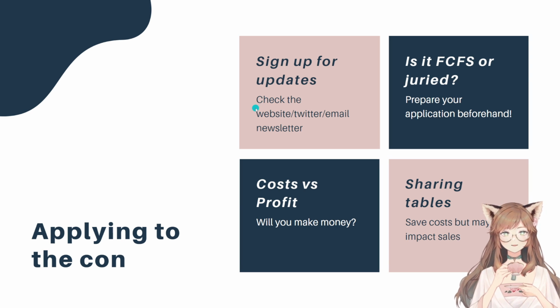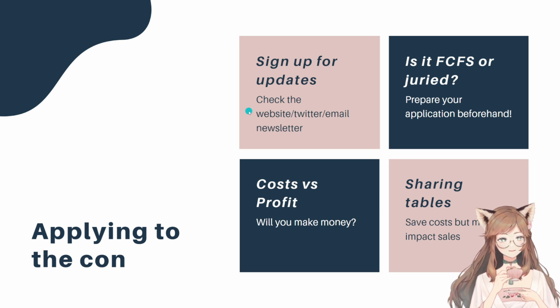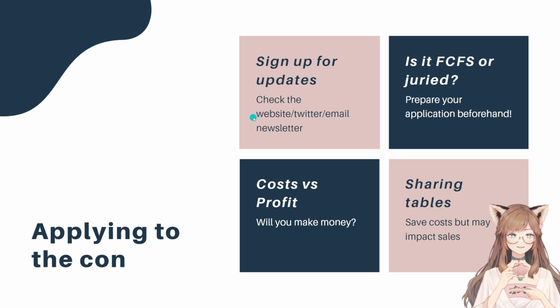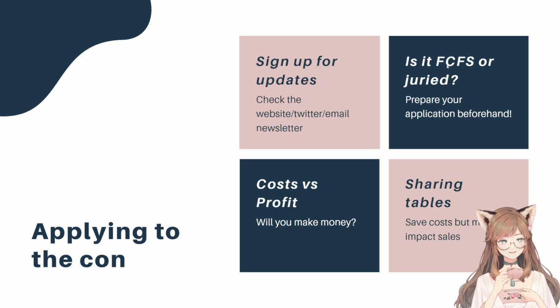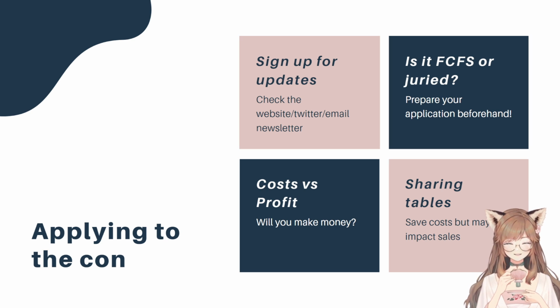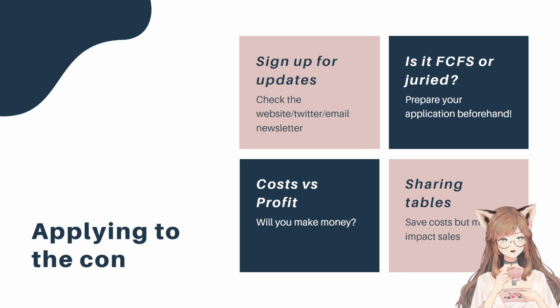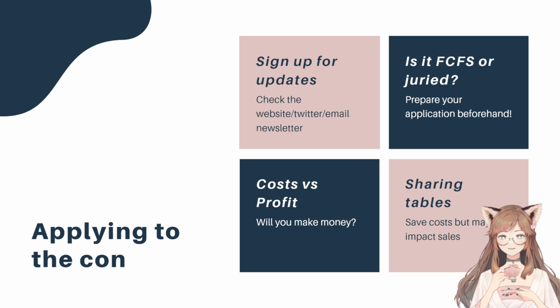Sometimes also, maybe for smaller cons as well, they have a Twitter that they're more active on. So they will say things on the Twitter as well. And then different cons also have different application processes. So they could be first come, first serve, which is basically just a race to see who can press submit the fastest. This is the case for SunnyCon, and I think Anime Expo also does it first come, first serve, but I'm not sure. And Dokomi is also first come, first serve.